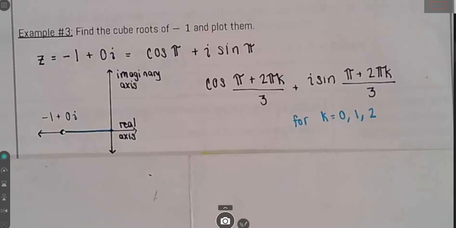I don't know. Let me try that again. I plugged in pi over 3, and what we got is